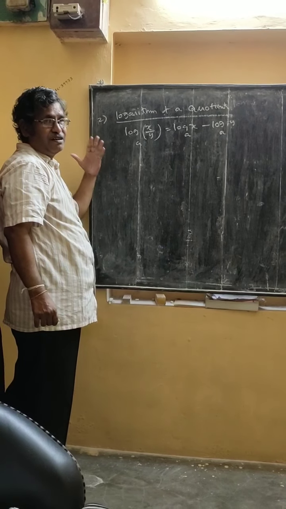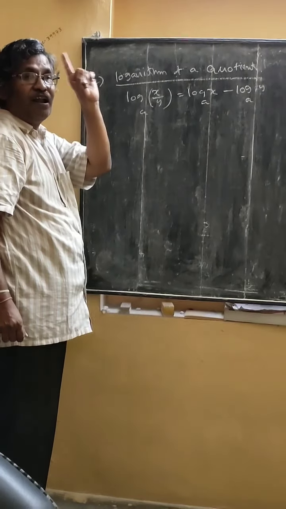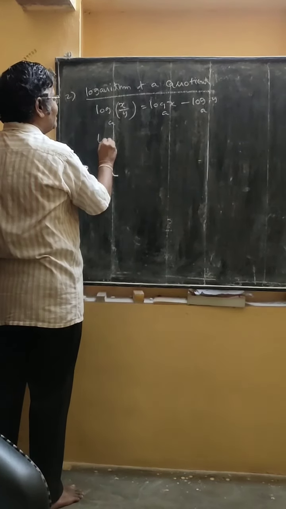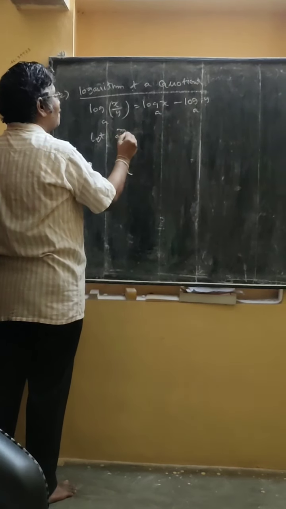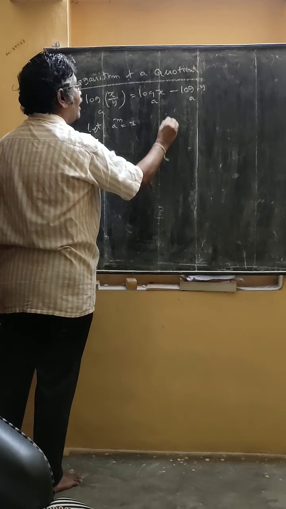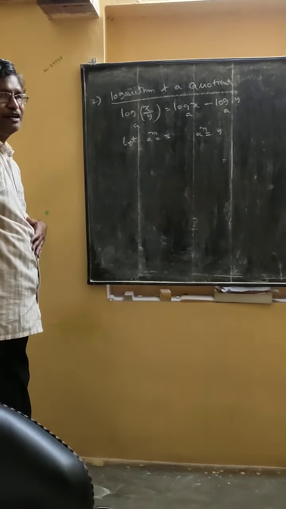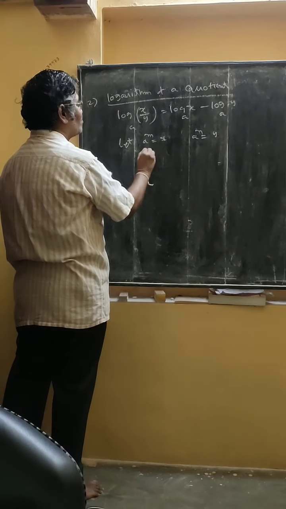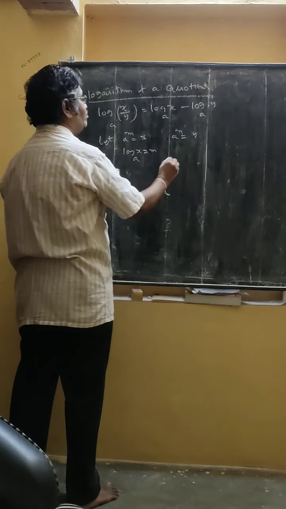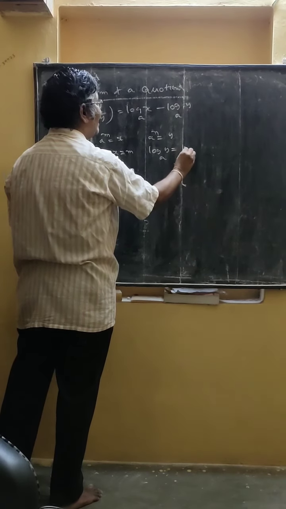Laws of logarithm. First one, logarithm of product. Now, logarithm of quotient. This one also depends upon the law of exponents. We will see which one it depends upon. So here also, a power m is equal to x and a power n is equal to y. They are in exponential form. Log x to the base a is m. Log y to the base a is n.